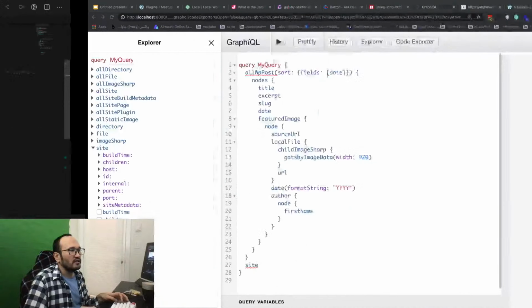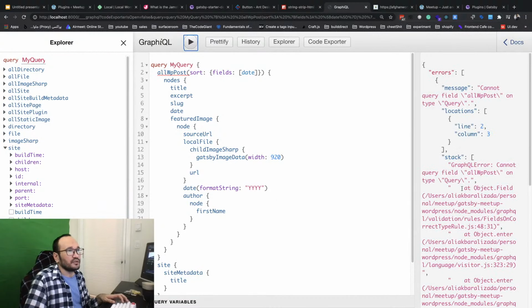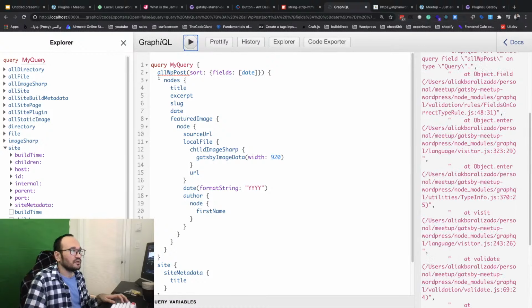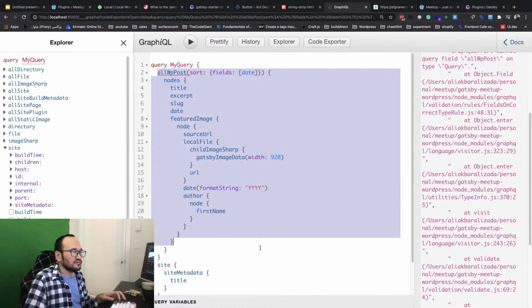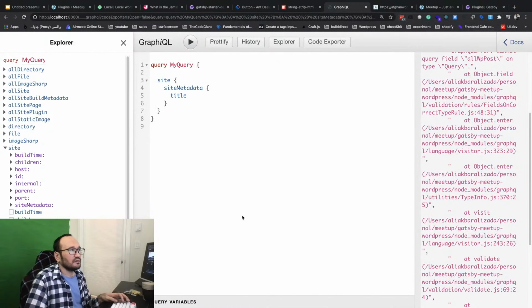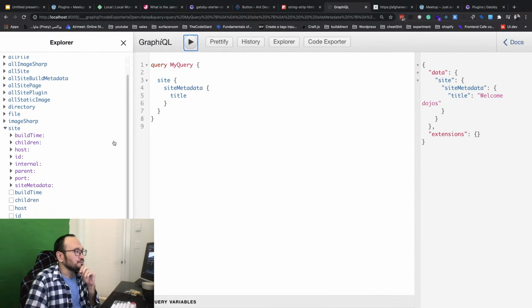If I want to do the same thing, site and site metadata and title, and then I query that, and then you will see. Okay, my query here is wrong because we don't have that information, and let's do it. You see, welcome dojos, we got it. Nice, right?